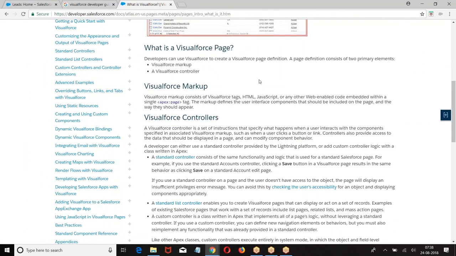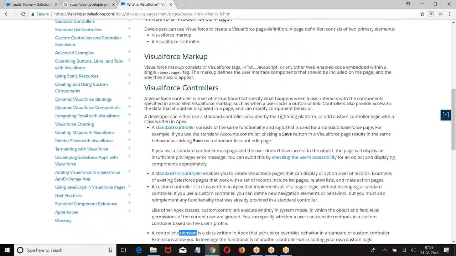So what was this? Controllers are a set of instructions. When user interacts with the component specified in the associated Visual Force markup, then you want some data to be modified on the server side, or you want some data to be displayed on the page, then we go for Visual Force controllers.